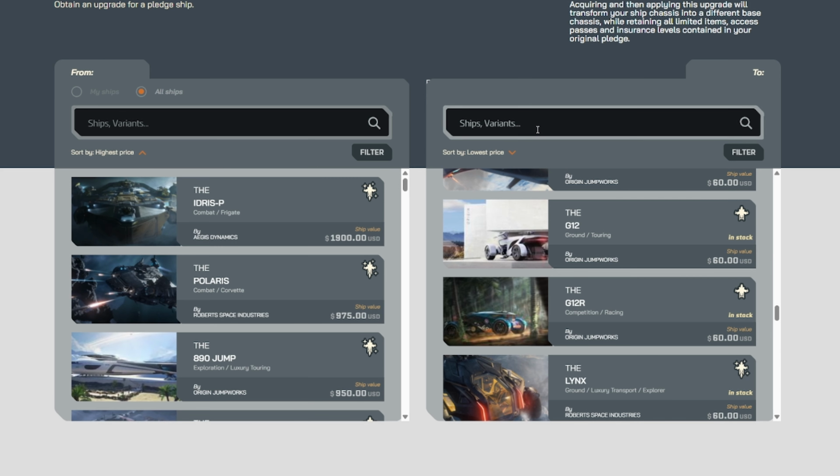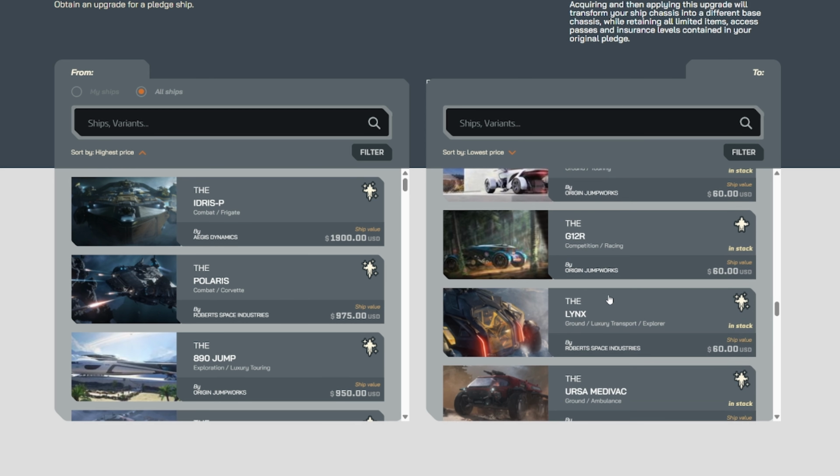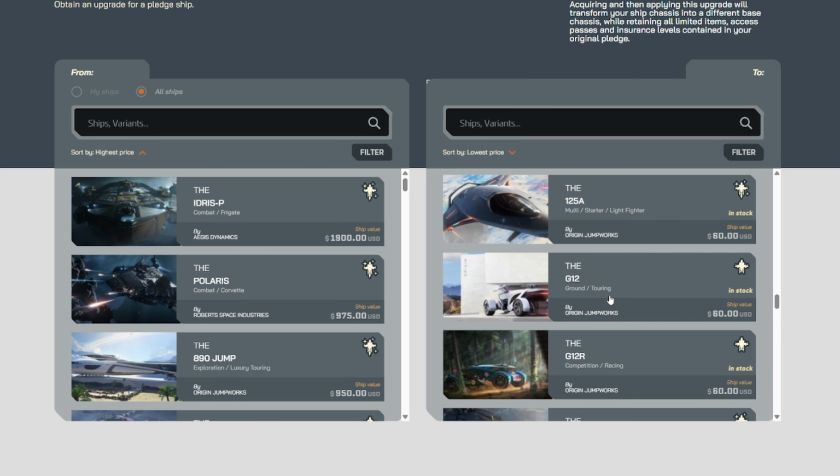I also wanted to go over some speculation here. There's very few ships left at the $60 mark, but guess what? If we buy one of these non-Warbond G12s, an Origin product, and the G12R. There might be another one, but let's just focus on these because they're the lowest price concept vehicles that are